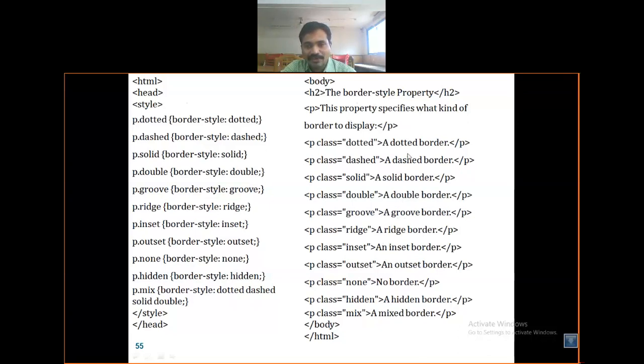So this is the way I had to write. This is just the content, and this is the actual property, what type of style is required. Just make it and it is automatically visualized. If you write hidden, it is automatically hidden. If you need a mixture, you can write mix, nothing but you can mix your border styles: dotted, dash, solid and double. So you can make it that way. Just write mix, and say the properties dotted, dash and all the properties you can say, for the single box.